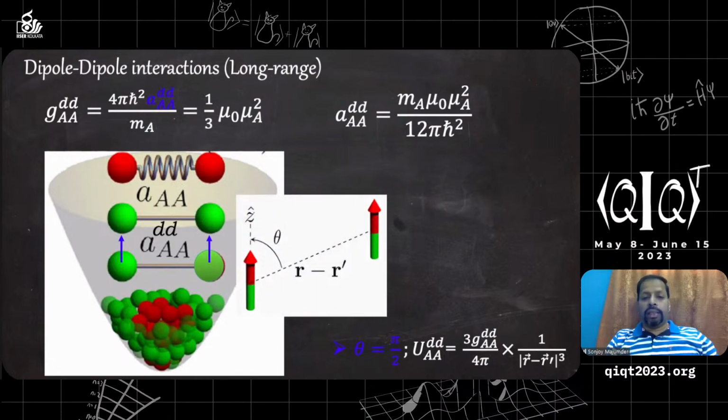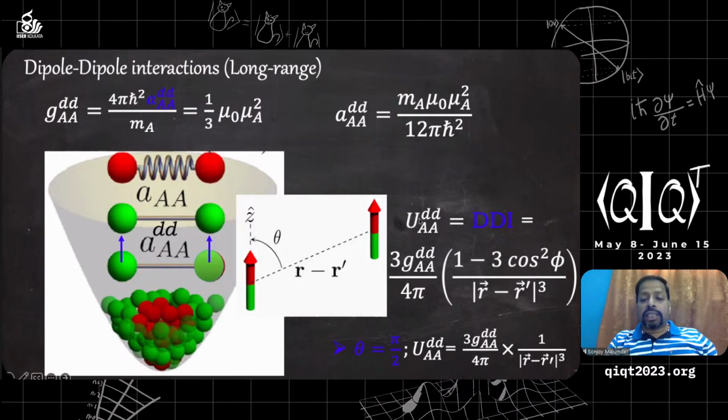Now, what would happen is that since these are dipoles, they have orientations, and these orientations can be in the XY direction, perpendicular to the XY direction, or at some angle to the XY direction. What I mean by the XY direction is the direction between the two atoms, so this is R minus R prime, let's say. And if your dipole moment is oriented by an angle theta, or let's say phi, I will be using phi later on. That orientation is very important when you talk about the interaction strength,